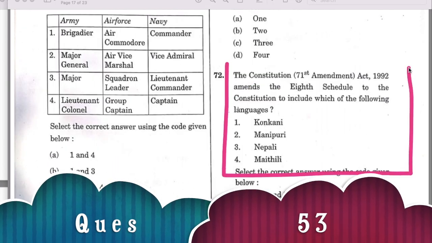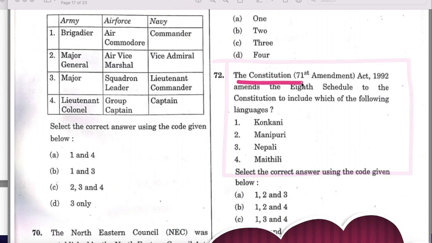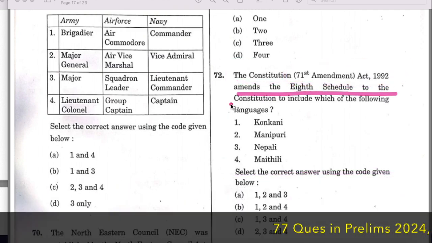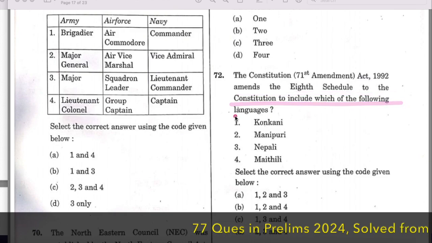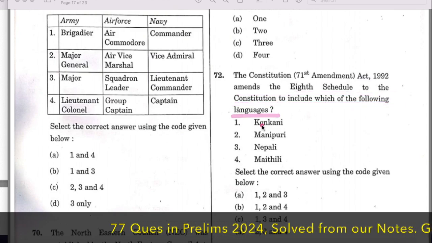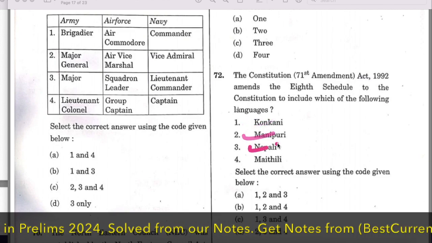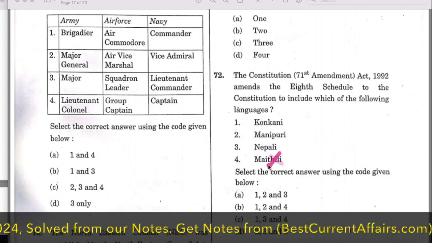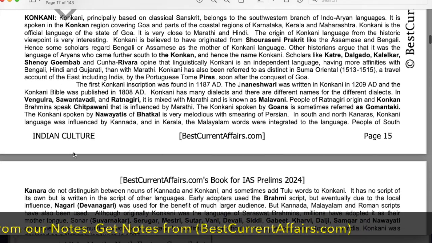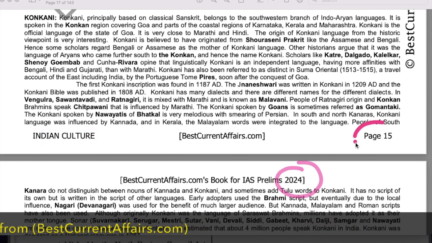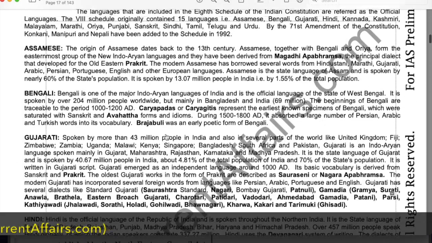Next question, the Constitutional 71st Amendment Act 1992, it amends the 8th schedule to the Constitution to include which of the following languages? And the correct answer is these 3, Konkani, Manipuri and Nepali. Maithili is not there. Now see this fact in our book. This is our Indian culture book for ICE Prelims 2024, on page number 15. Here it is mentioned